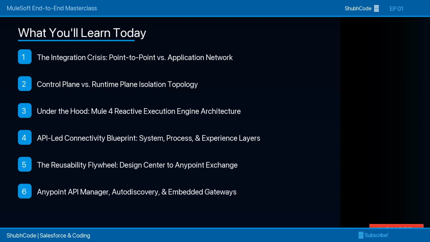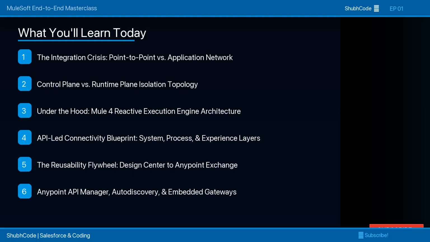Here's what we're covering today. The integration crisis, point-to-point versus application network, then control plane versus runtime plane isolation topology, then under the hood, Mule 4 reactive execution engine architecture, then API-led connectivity blueprint, system, process, and experience layers, then the reusability flywheel, design center